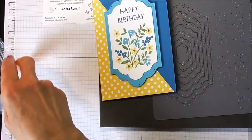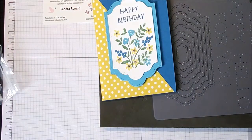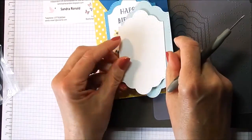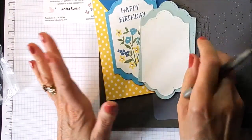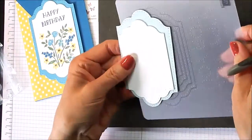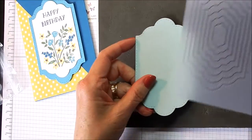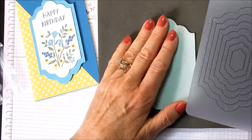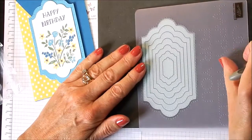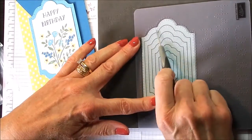on the little card I just get my die. What have I done with my dies? Here they are. These are 2 that I have already punched out, because you don't really want to sit and watch me punch out paper all day long. But I will just give you a little clue. You put your framelit die on your paper piercing mat and you line it up with the relevant size that you've cut out,